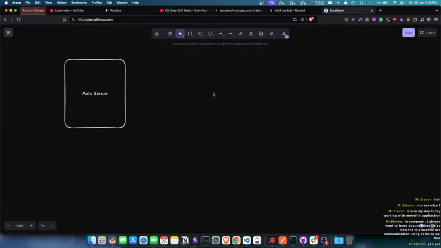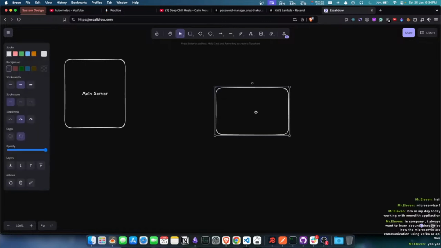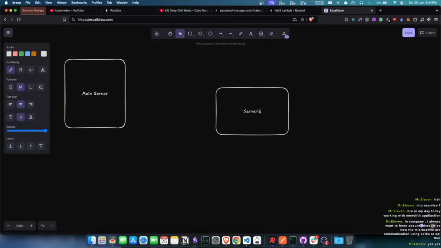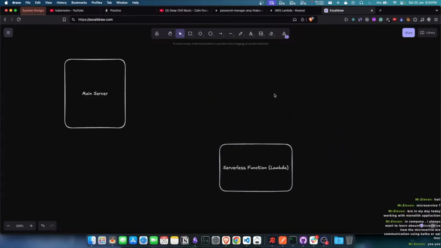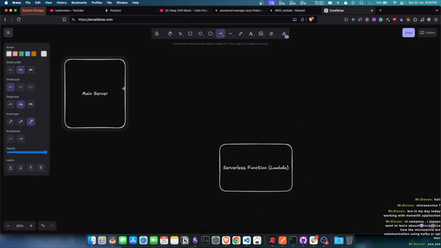In general, for non-critical operations, we tend to use serverless, or on AWS it's called Lambda, right? So what happens over here is there are two ways to invoke this Lambda. One is you directly invoke it using